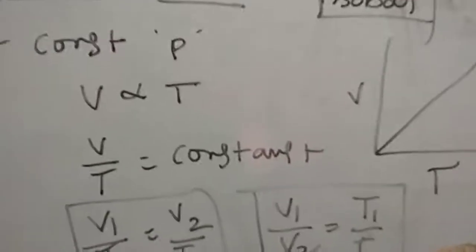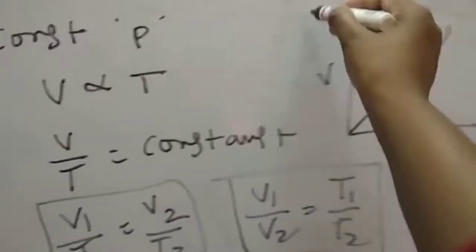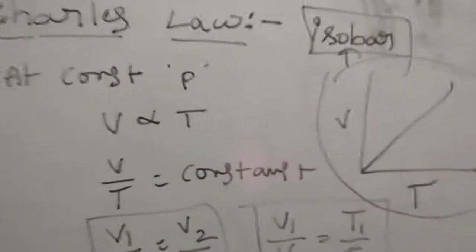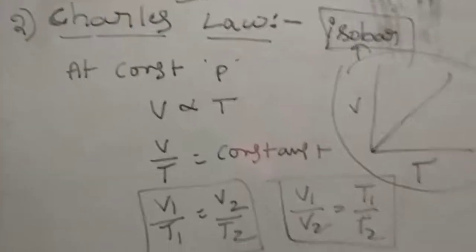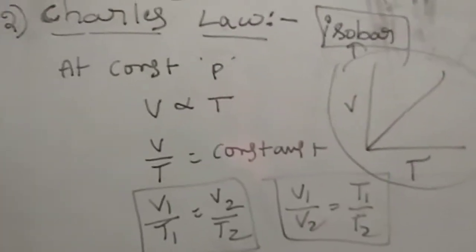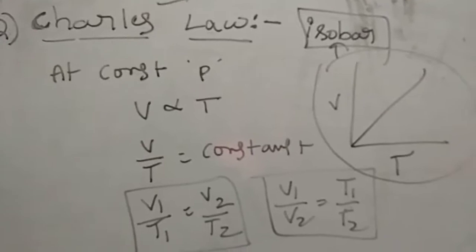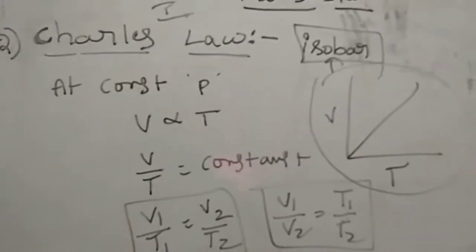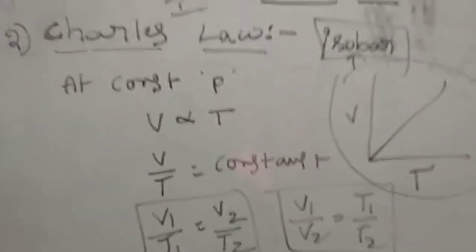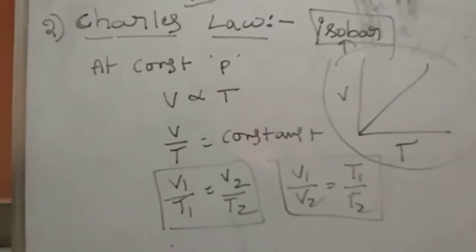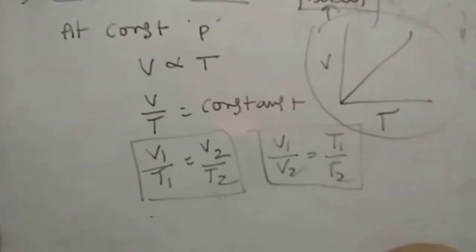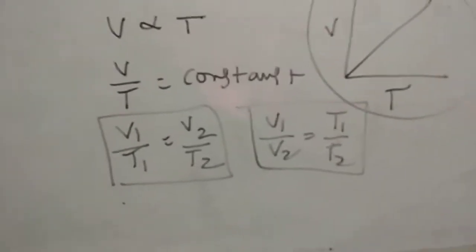If you draw the graph for V directly proportional to T, V and T, it is a straight line passing through the origin, because both are directly proportional to each other, and this is said to be an isobar because we are drawing at constant pressure. This is called Charles' law 1, and we have a second law in Charles' law, called Charles' law 2, the modified Charles' law, also called Gay-Lussac's law. This is Charles' law 1. Direct statement: at constant pressure, volume is directly proportional to the temperature. V by T equal to constant. V1 by T1 equal